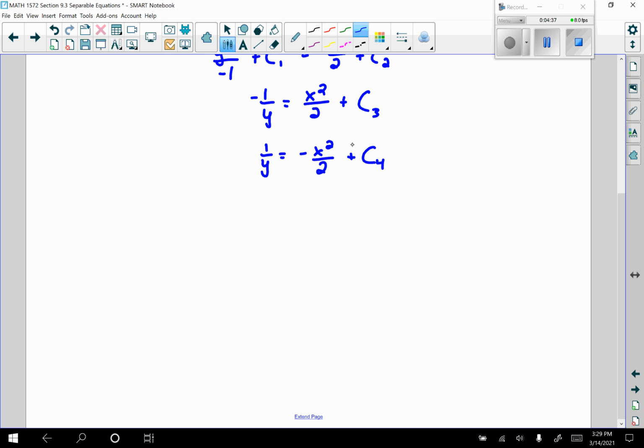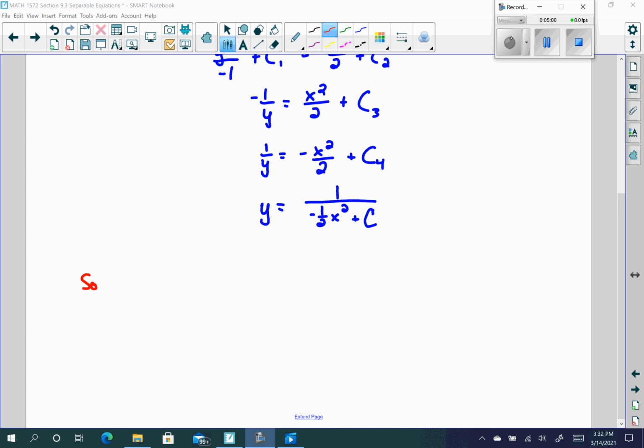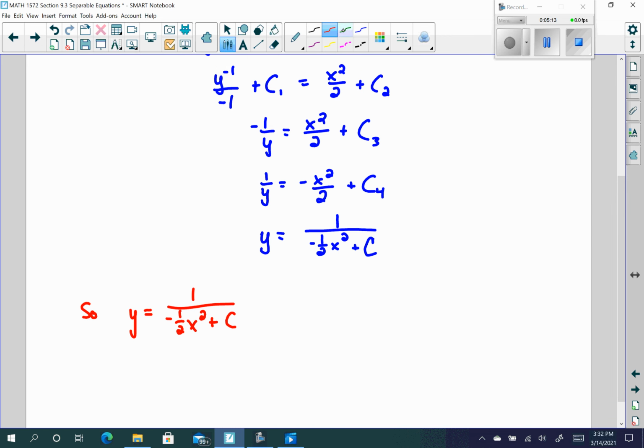And then technically, I can multiply both sides by y and then divide by this, or really take the reciprocal. So y is just going to become 1 over, we could write this as negative 1/2 x squared if you prefer, and then plus, we'll just call it our overall constant. So we could say one solution is going to be y equals 1 over negative 1/2 x squared plus c. But since we divided by y,